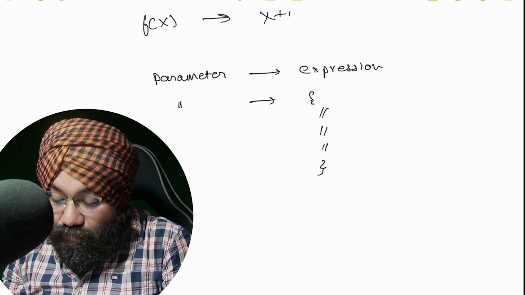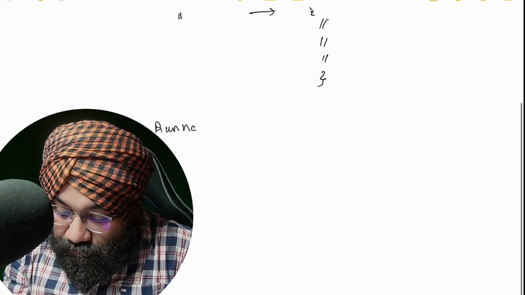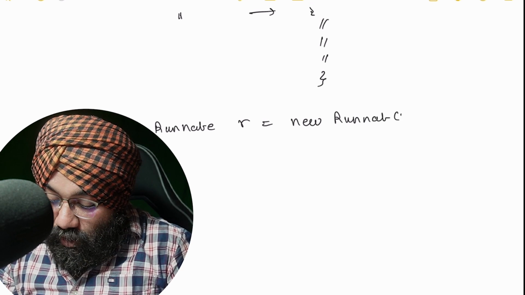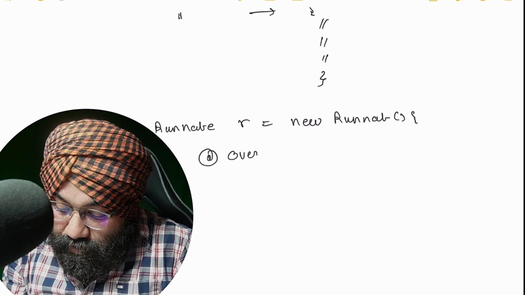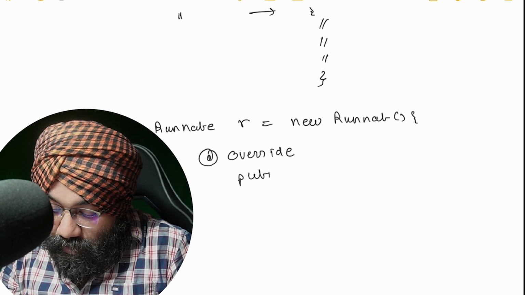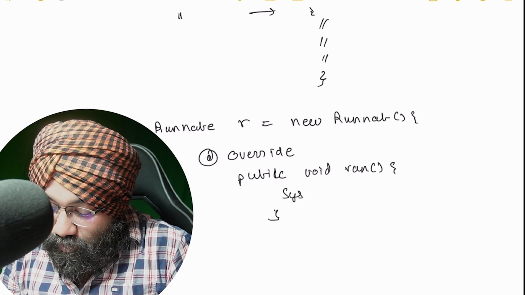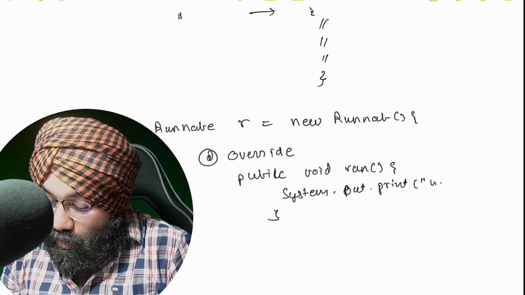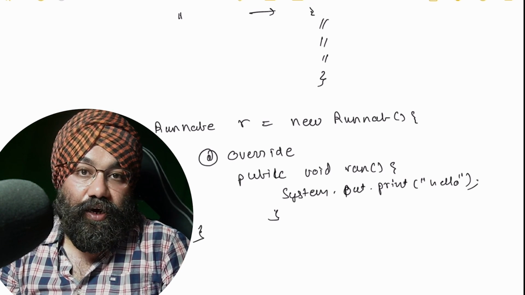For example, if you wanted to create a thread in Java, what you had to do was you could have done Runnable r is equal to new Runnable, and you can create an inner class here only, and then maybe this is optional to write the Override annotation, but you need to implement the run method. So what you would do, you are basically maybe just printing something, System.out.print, and okay. So earlier this is the way how you created a Runnable